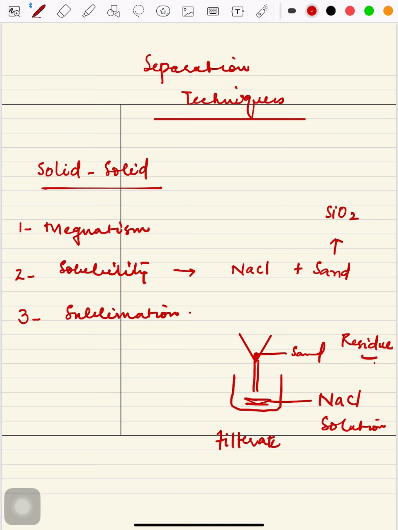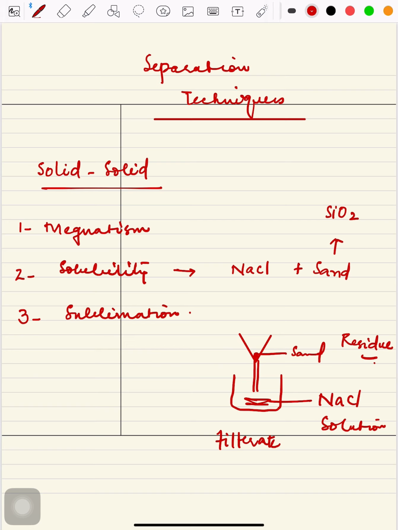But in this case, sodium chloride is not fully obtained yet. We have to add more water through that sand so that all the particles of sodium chloride can pass through and be collected at the bottom as filtrate. Now that sand can be dried in the layers of filter paper to obtain pure sand. Okay, done. Now, how can we obtain sodium chloride from sodium chloride solution?